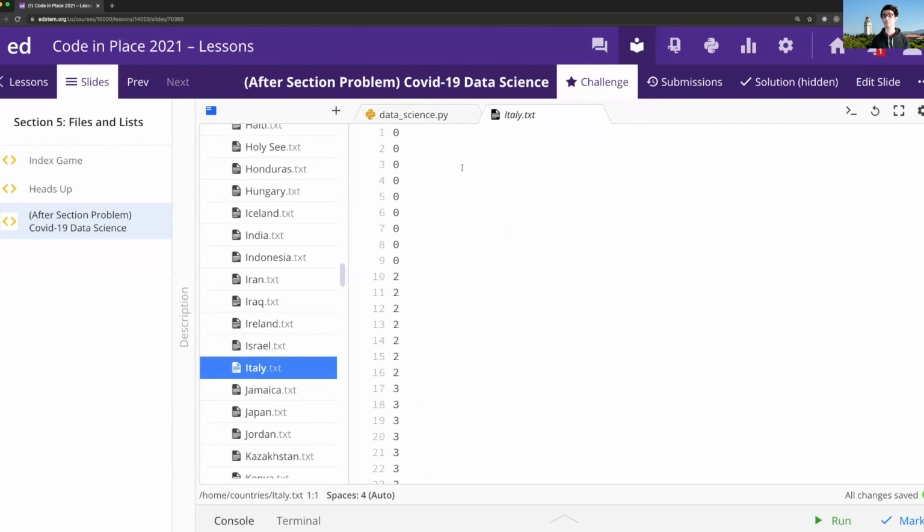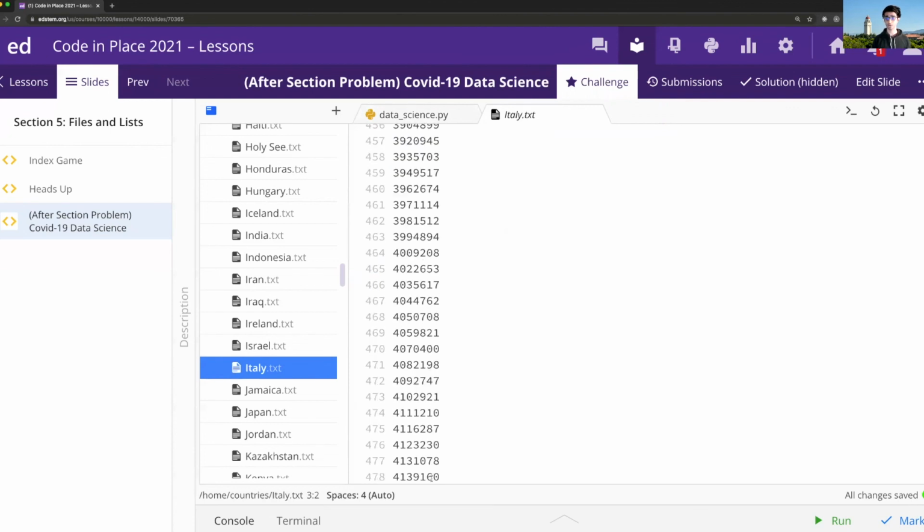Well, each number basically represents the number of total confirmed cases in that country on a particular day. The first row is always January 22nd, 2020, and it just keeps going up by 1 day. So this is January 23rd, 2020, January 24th, 2020, and so on and so forth. And if we scroll all the way down to the bottom, this corresponds to today's date, which is May 12th, 2021. So that's kind of what this is supposed to do.